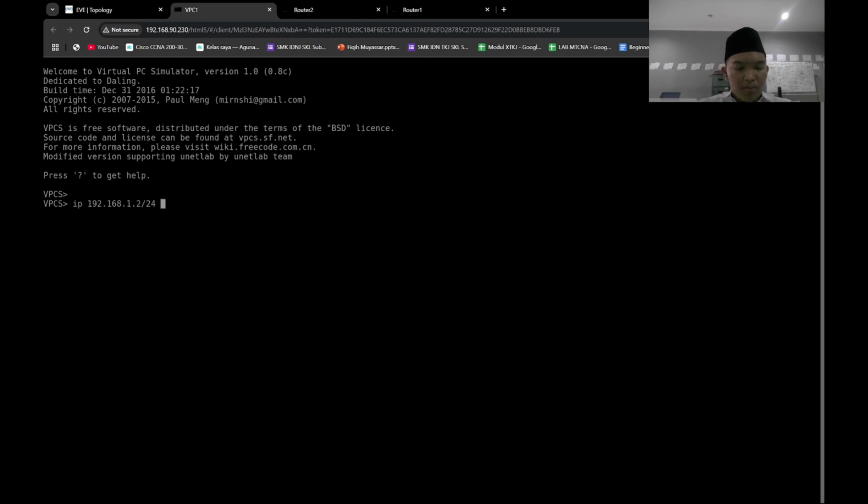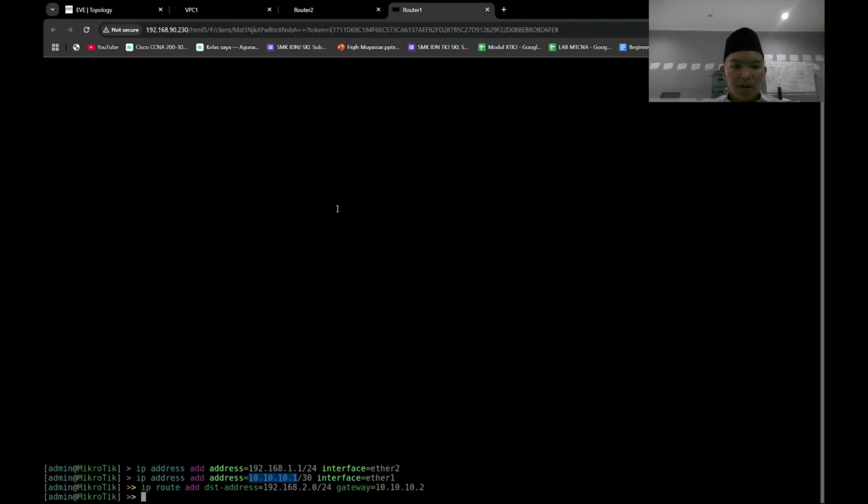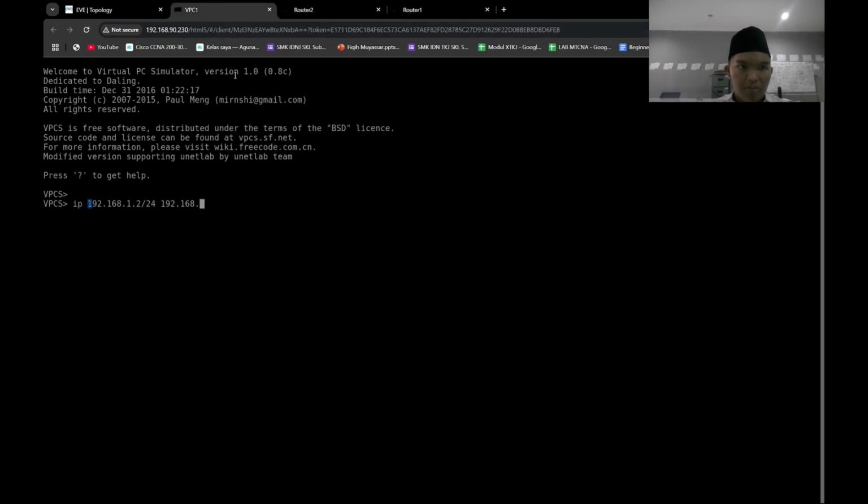Then the prefix is the same. The IP is 192.168.1, and the last number is up to you. Just make sure it's in the same network as the setting that was already added in the IP route.